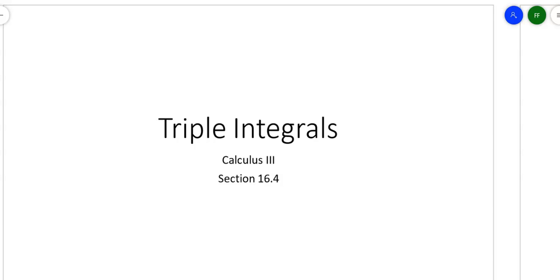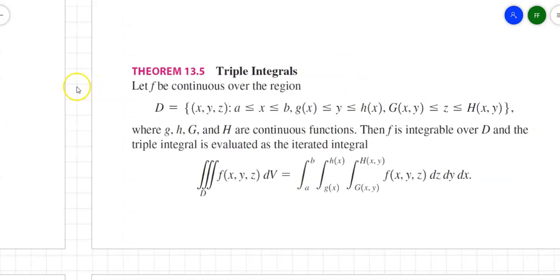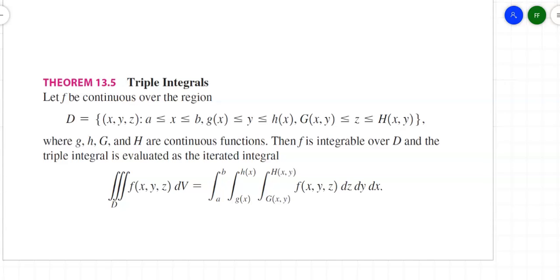Well, if two integrals are good, then three integrals must be even better. So this section will take a look at triple integrals. It's going to follow the same pattern as double integrals, except one more. The one little difference, and you can see the whole story in the PowerPoint notes, is that when you do